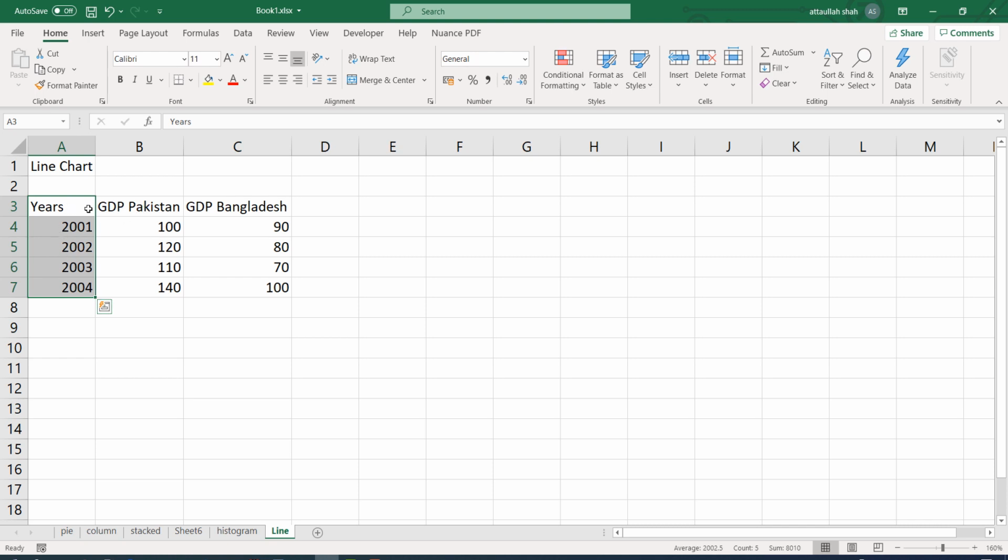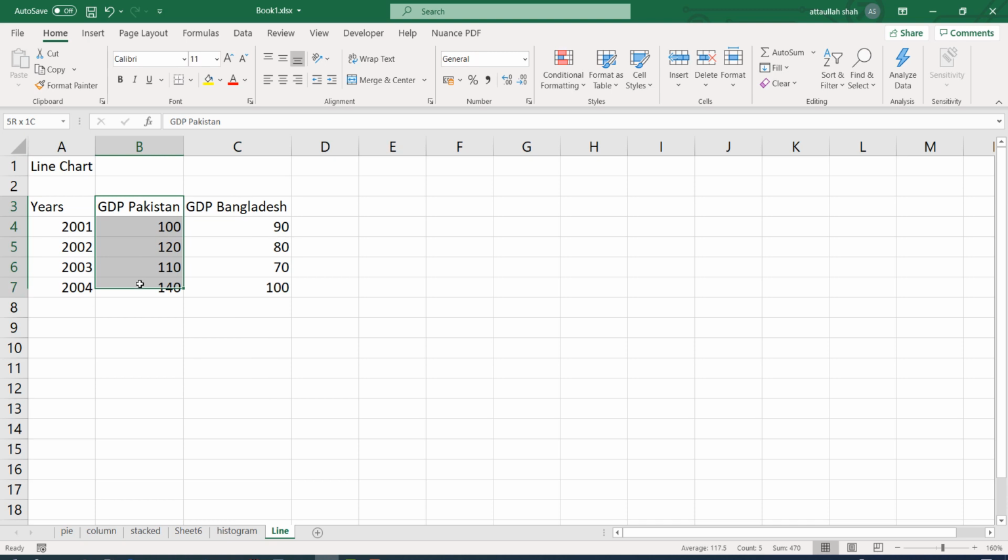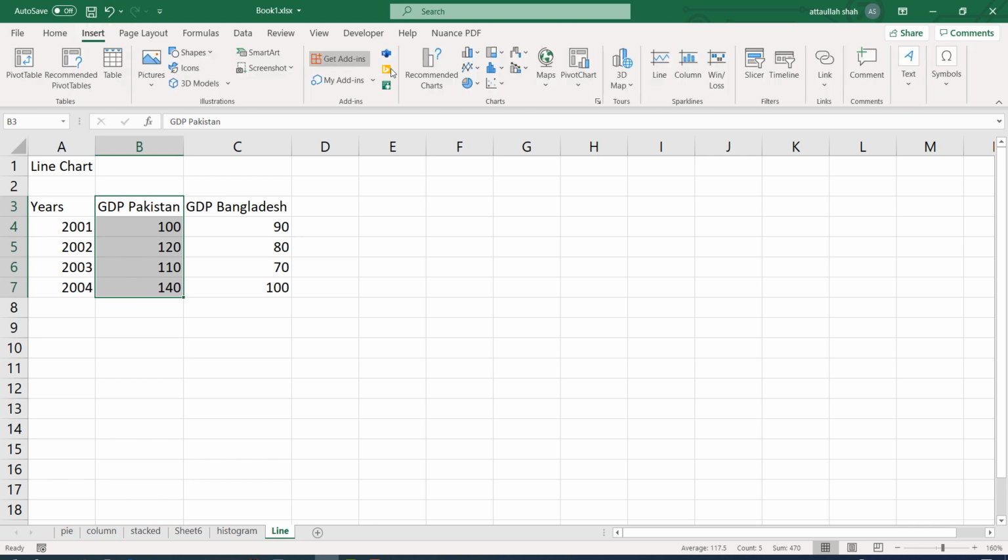So let's start with the line chart of a single country. I'm selecting just Pakistan. You can select both of them, but let's say that we want to plot the GDP of Pakistan over a period of time in this first exercise.